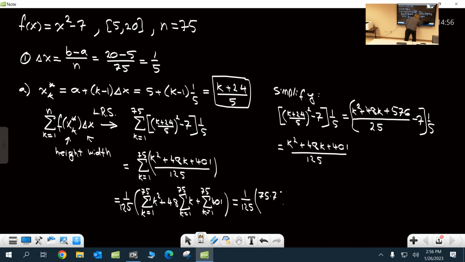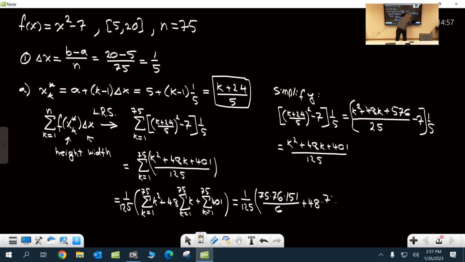75 times 75 plus 1 is 76, times 75 times 2 plus 1 is 151, divided by 6. And here's a good tip and hint. This 6 down here in the denominator will always cancel out. Now I add to this 48 times, first case, so that would be just 75 times 76 divided by 2